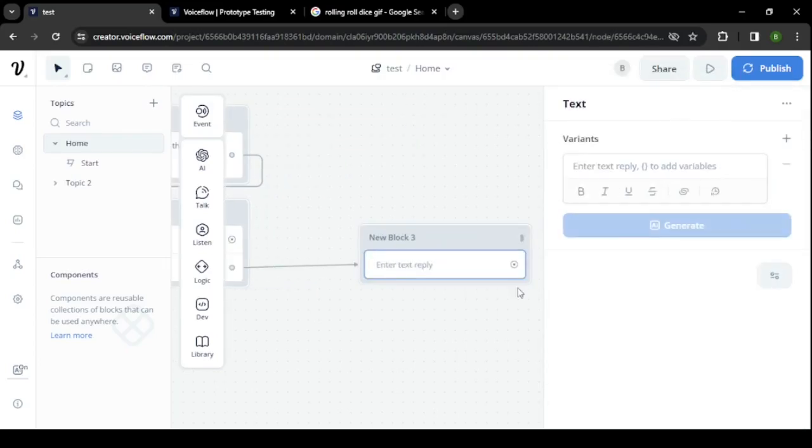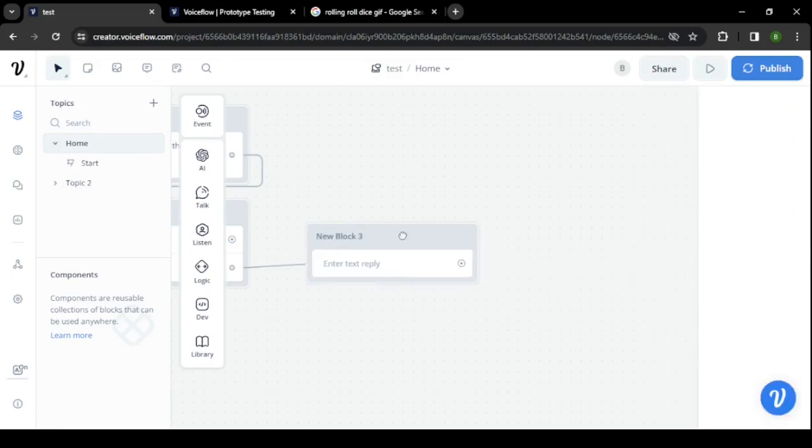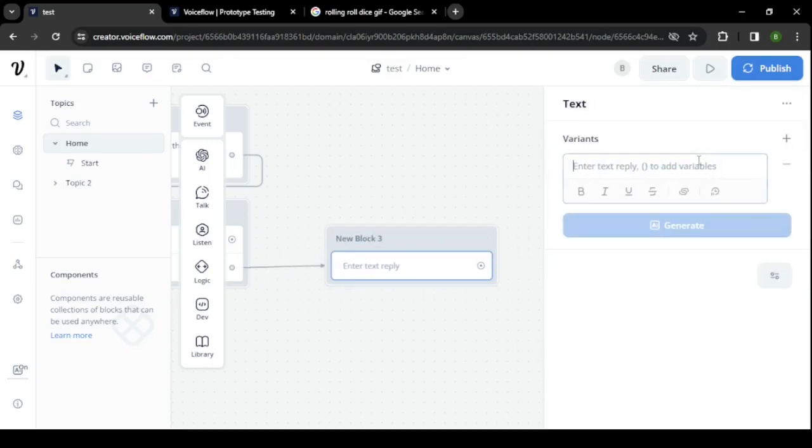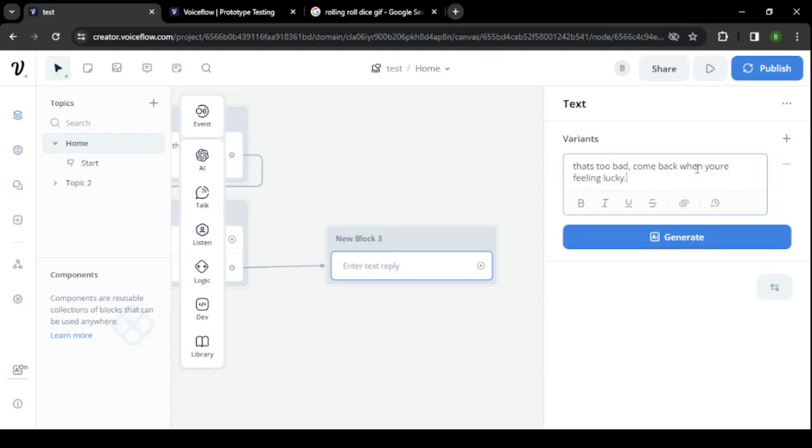So we're going to give them a little bit of some spice here, just so it's not going to just end abruptly, and just say, that's too bad. Come back when you're feeling lucky. Obviously, I don't really care about grammar. I don't care if it makes sense. I don't care if it's misspelled. It's just to show you how to do it. You can adjust it to however you want. Okay. And then again, we're going to do some